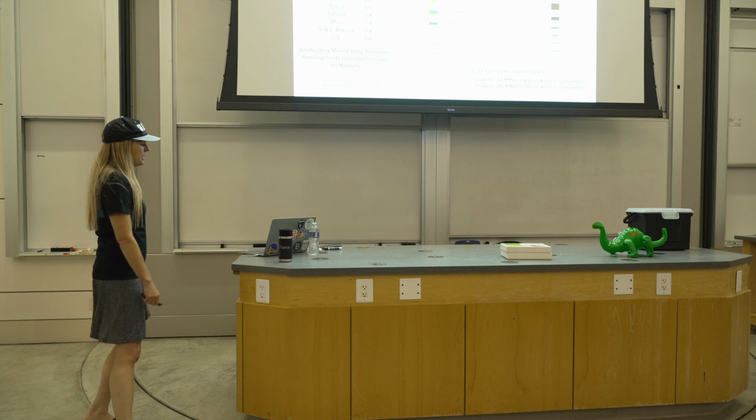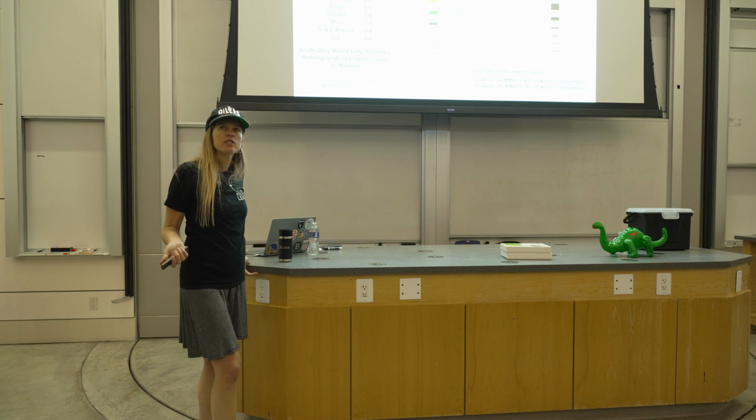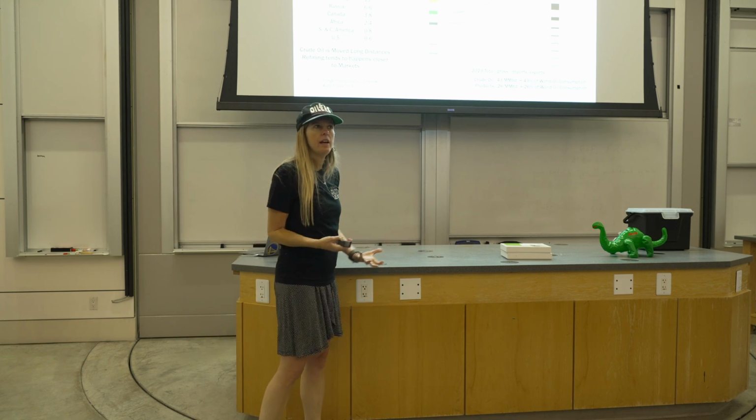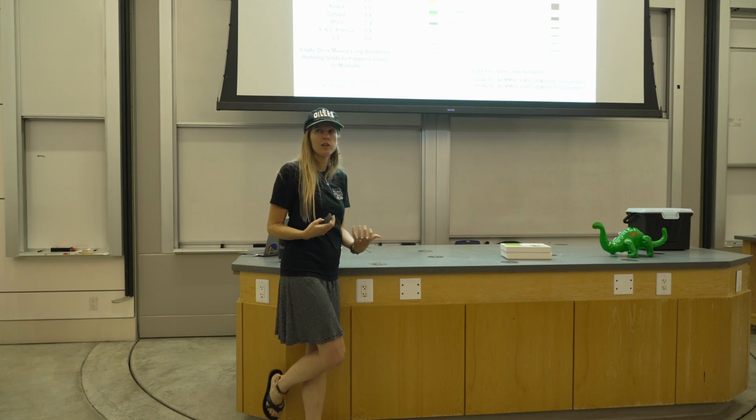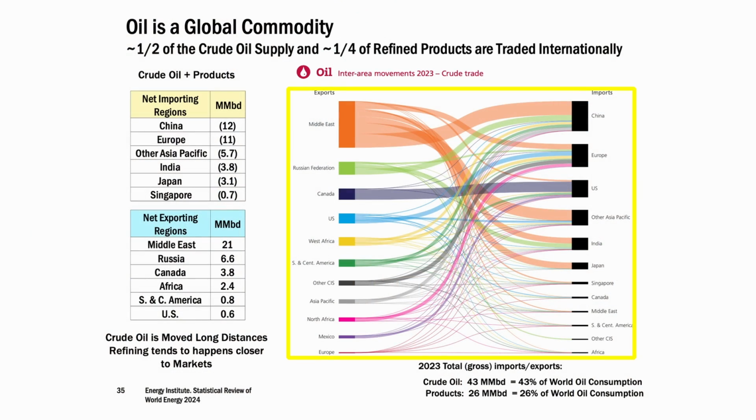All right, so I mentioned we move a lot of our oil around, and we move much of it around as crude oil. Like I said, we tend to make it into the products we want closer to our markets. This is just a colorful graph showing where the crude oil is coming from and what countries it's going to. So you can see Canada is really exporting to us. We're right next door, makes it an easy export.